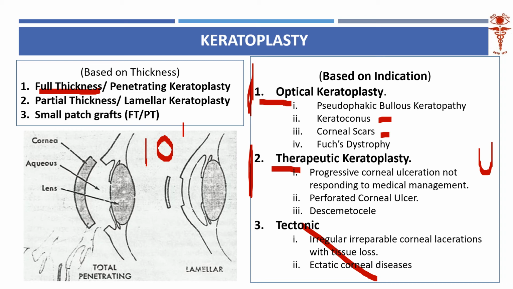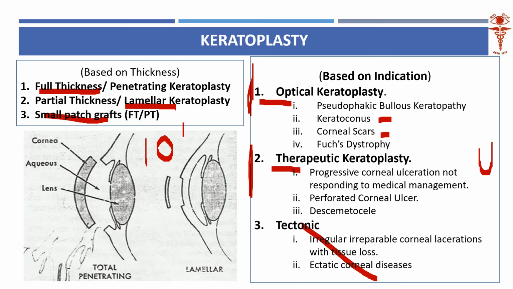So now the concept is, even the donor cornea, we take it into 2 lamellae. The anterior lamella, which is mainly epithelium, Bowman's and stroma. The posterior lamella, which is basically Descemet's and endothelium. This kind of layer separation creates 2 buttons, one anterior corneal button, one posterior corneal button. So one donor cornea can be used for 2 patients. That is the advantage of lamellar keratoplasty. So lamellar keratoplasty is what is being used nowadays.